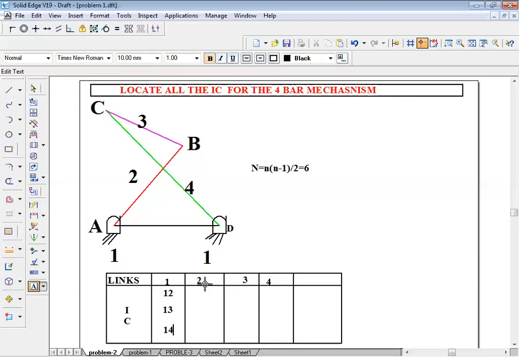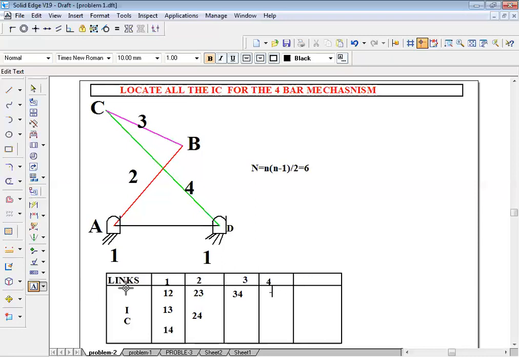Similarly for the second link: 2 3, 2 4. Next for link 3: the combination 3 4. Then for the fourth link there is no combination, it is nil.